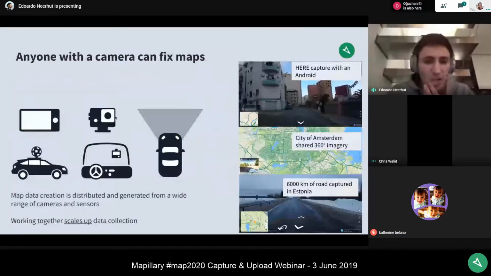And as I said, it really doesn't matter the device too much as long as it's geotagged. It can take photos that have GPS information. So it could be an action camera, a smartphone, a professional camera like you see Google deploying around the world, or it could be a dash cam. All of these devices can be used. The main thing is that you mount them properly and that you kind of have an idea of how they're going to be used.